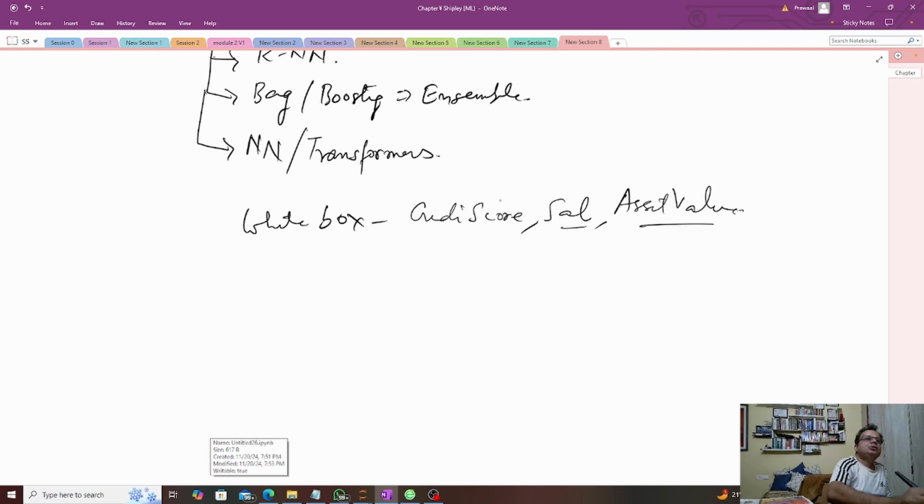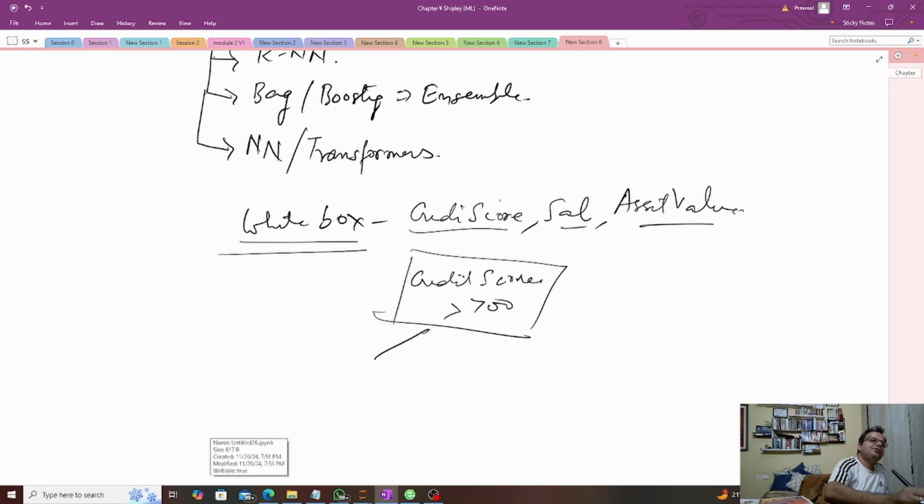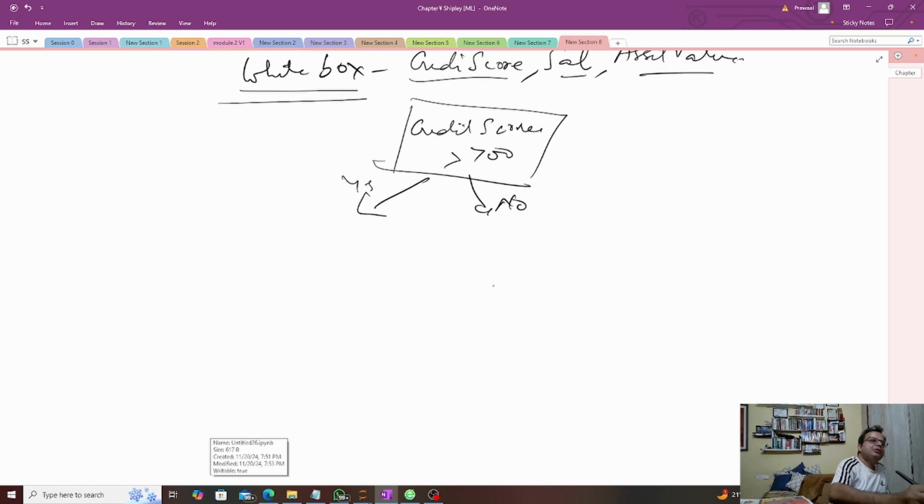A decision tree may look like this. It will have a node that says, let's suppose, credit score is more than, say, 700. It will have two branches, yes and no. So there is a condition that you check, and based on the result you check more conditions. So it looks like a tree, right? Then you say, if income is more than, say, 200,000,